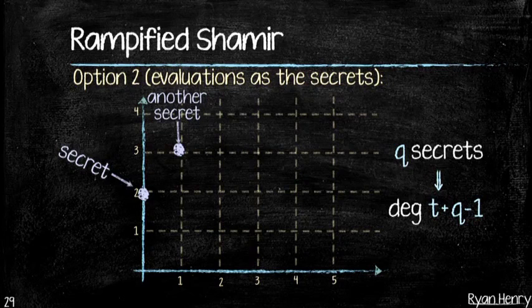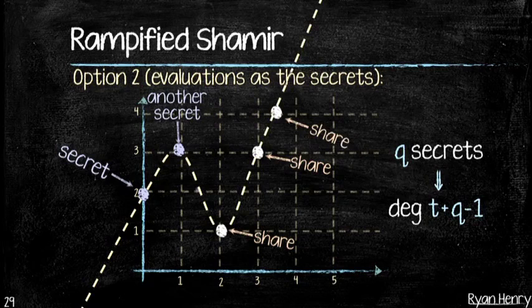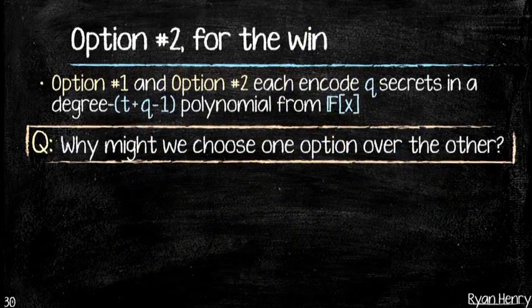And then to form our secret sharing polynomial, we'll choose a couple of other points completely at random, and then we'll interpolate through them to find the polynomial that connects our secrets to these random points, and then we'll evaluate it at some other places to get other shares for other shareholders. So we have 2 different ways to share, in this case, 2 secrets in the same secret sharing polynomial. The question is, why might we want to use one version over the other? And in many cases, it really doesn't matter which one you use, but in our case, the second option has